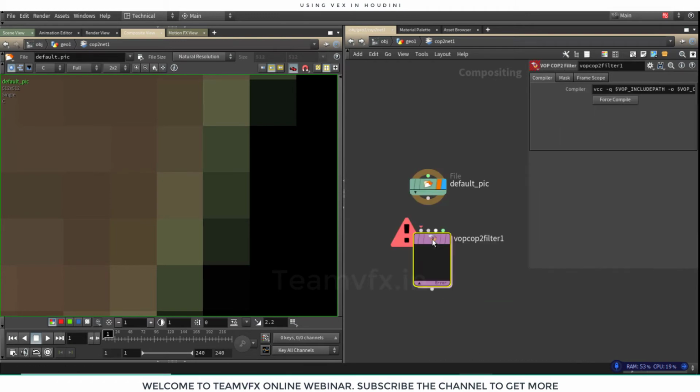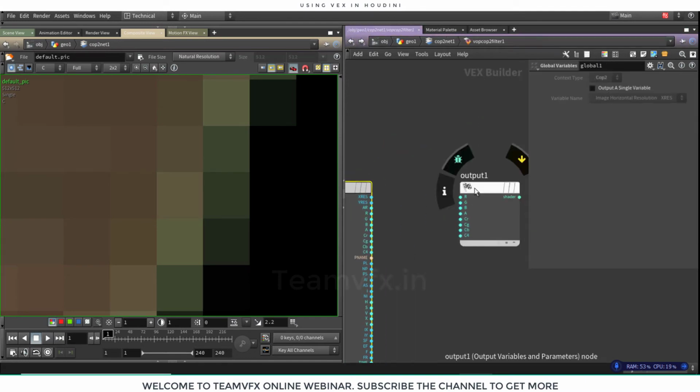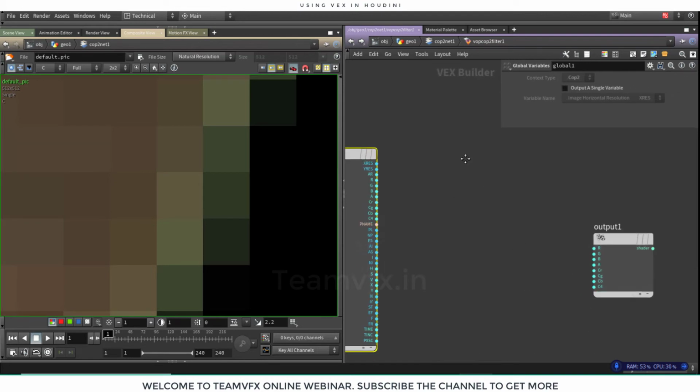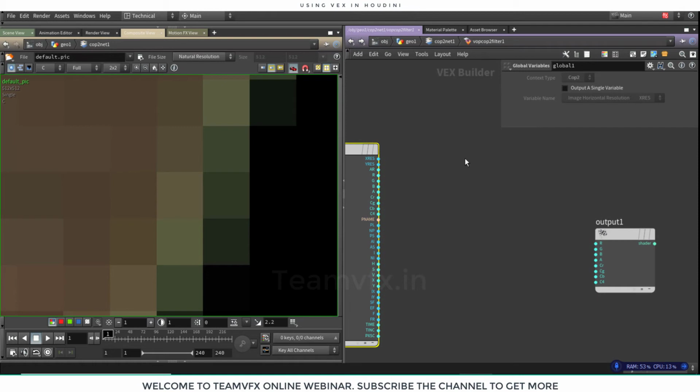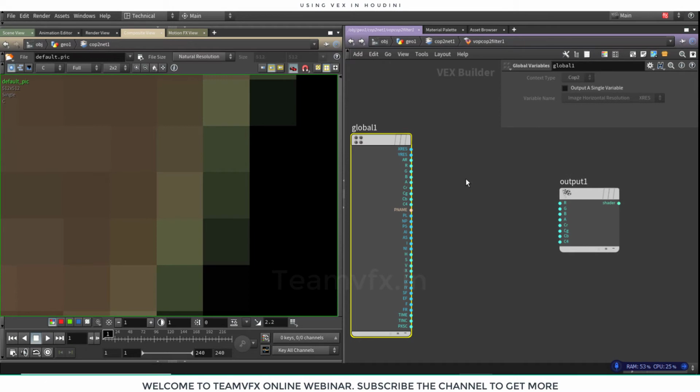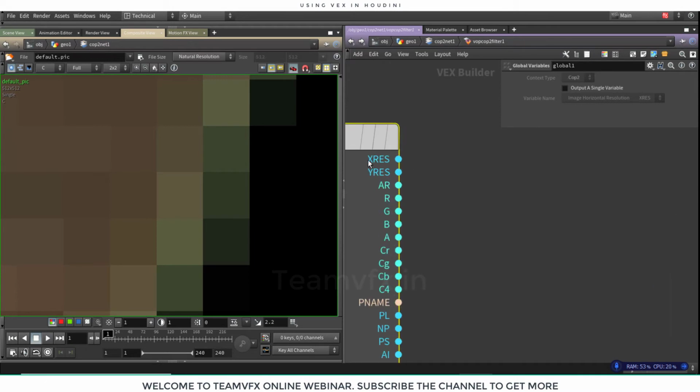So now take the VOP COP filter node and connect it with our default picture node. When you go inside the VOP, the vector operator, you will find a different environment of Houdini. Here whatever node and whatever things we are going to do, it will run on pixels.